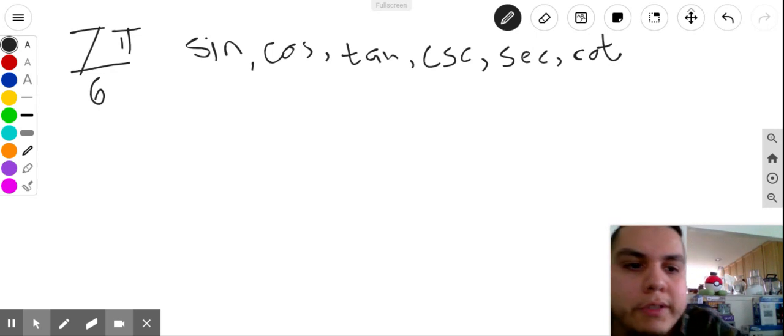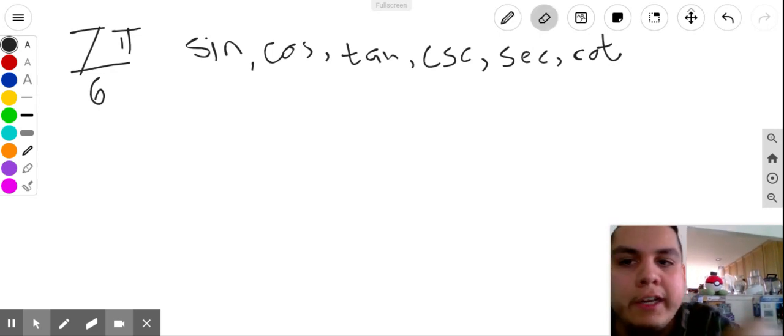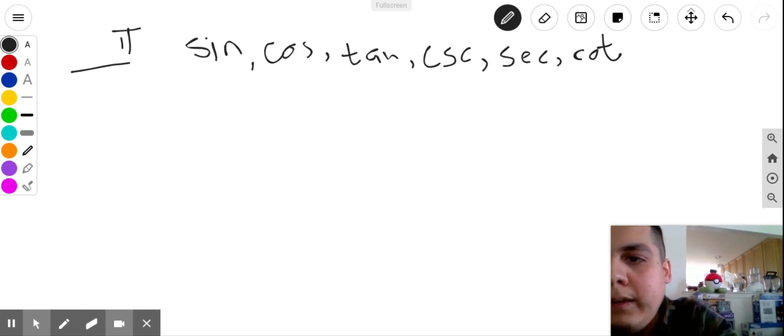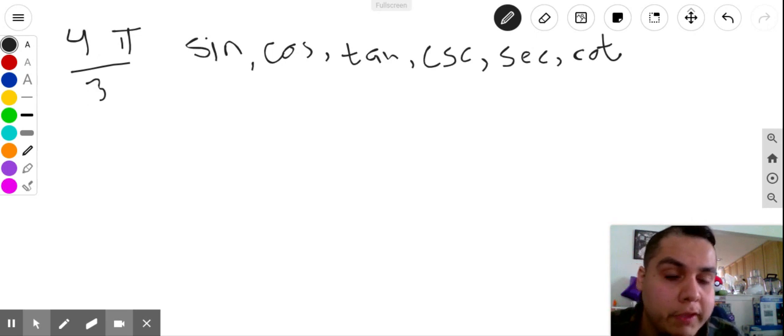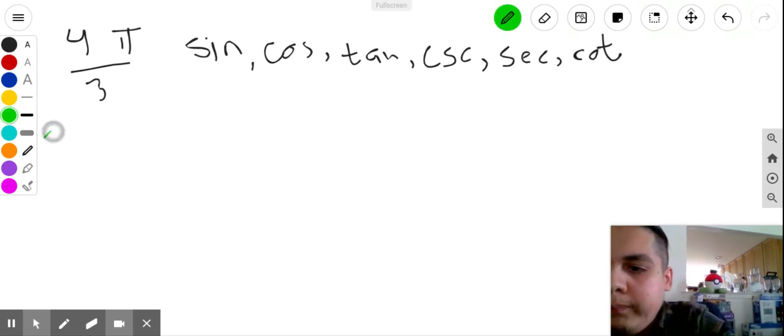And actually, I don't want to do 7 pi over 6. I decided I want to make it a little more challenging with some that you guys haven't seen yet, or we haven't used in this example yet. So let's make it 4 pi over 3. Sorry for the adjustment. So this angle would have to be in the third quadrant,